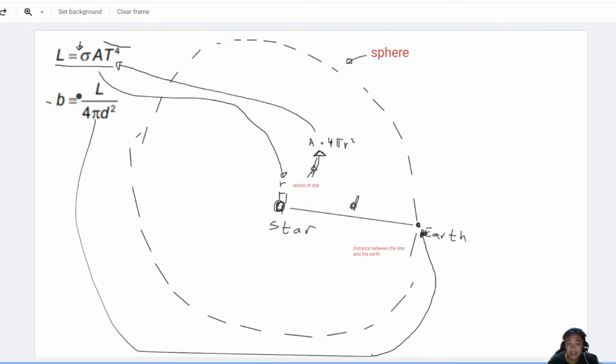They're related by the same basic equations. Because if we rewrite this third equation, it becomes L equals b times 4 pi d squared, which becomes L equals b times the area, right? But if we compare that to the other equation, and then we have sigma T to the 4,